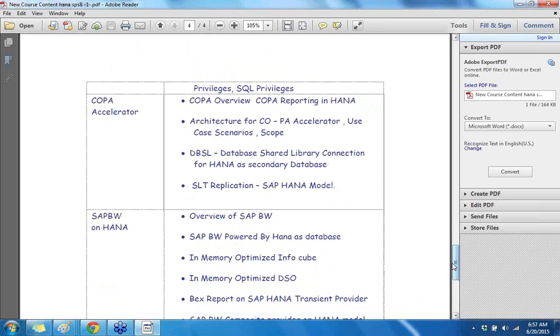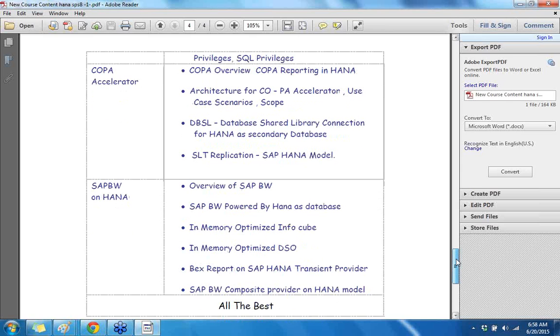Now in this course we are going to do end-to-end projects. So two end-to-end projects we are going to do. One is on COPA, controlling profitability analysis. The second one is on sales and distribution. So I'm going to explain to you completely end-to-end projects, that is on FICO, financials and controlling, and sales and distribution. Those projects are actually done on the one project I've done in UK and the other project I've done in